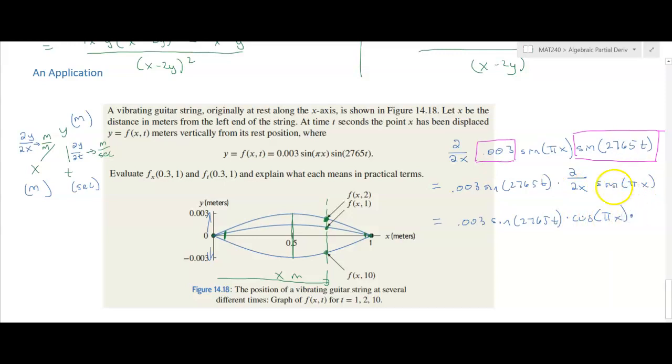So this is not just sine of x, this is sine of pi x, and the derivative of pi x is pi. So we have our partial derivative there. That's our f sub x. And so now to compute f sub x of 0.3 and 1, we need to insert 1 in for t and 0.3 in for x. And when we do that, we're going to come up with